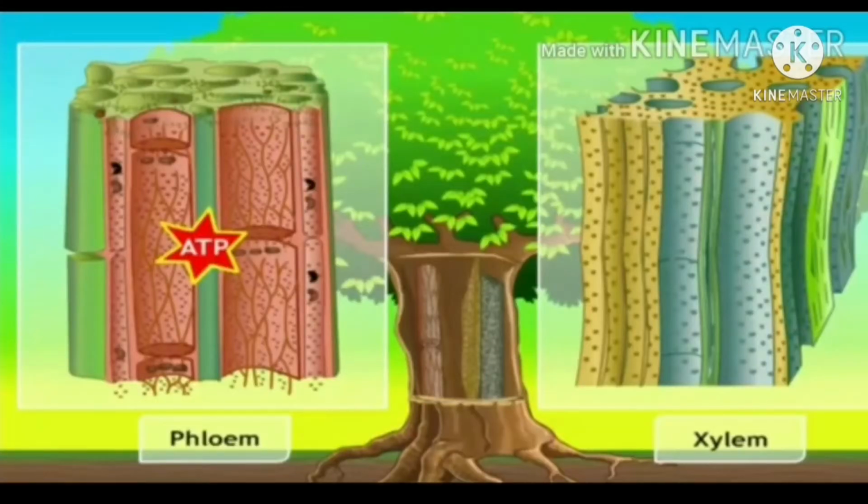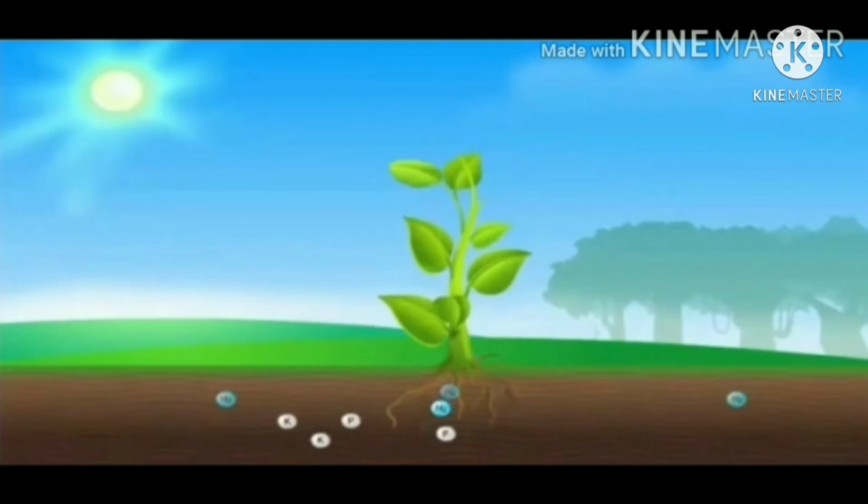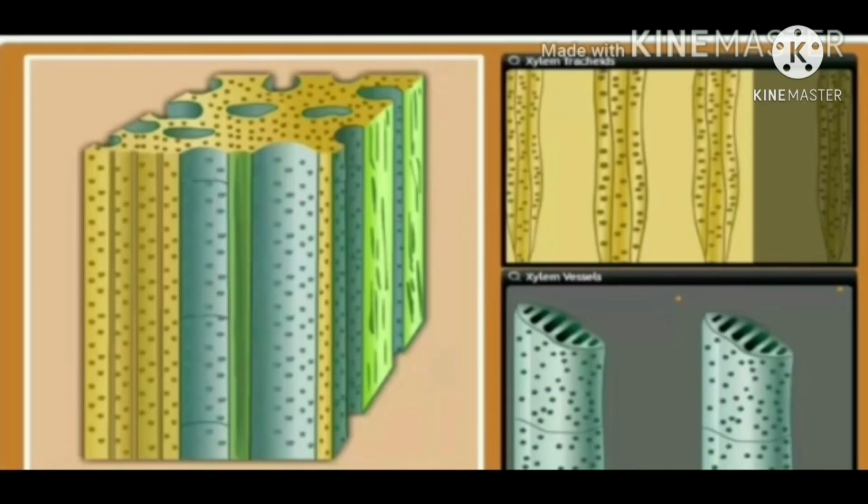Plants have two independent transport pathways with different types of conducting tubes. They are xylem, which helps in the transport of water and minerals, and the other, phloem, which transports the products of photosynthesis from the leaves to other parts of the plant. Xylem consists of tracheids, vessels, xylem fiber, and xylem parenchyma.